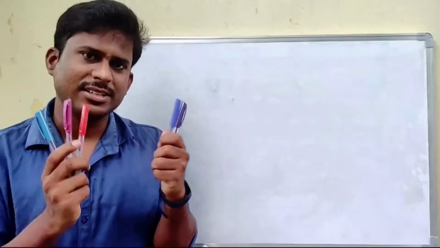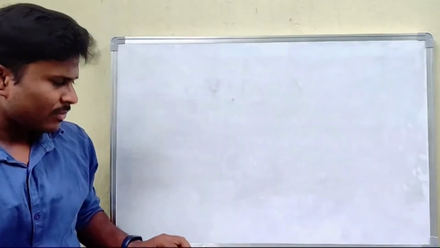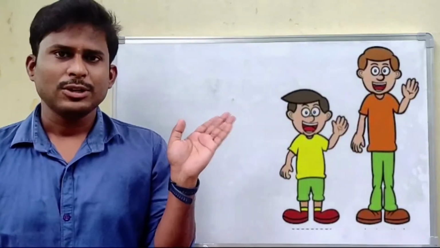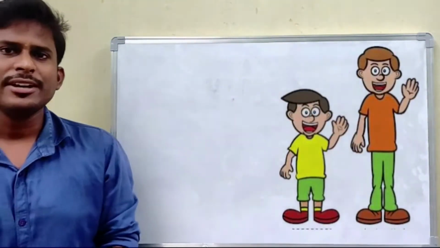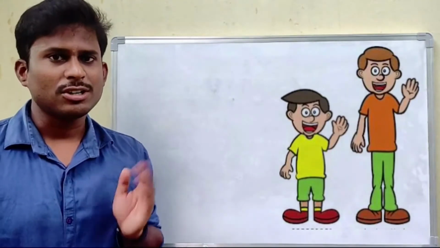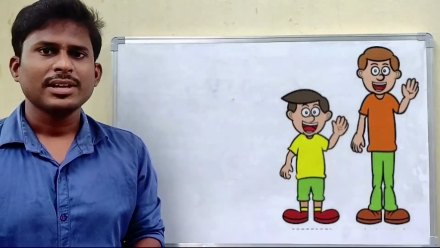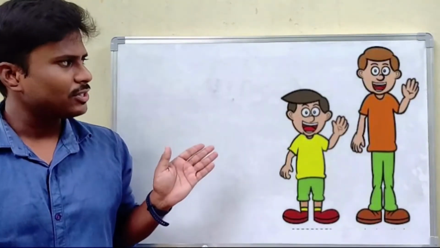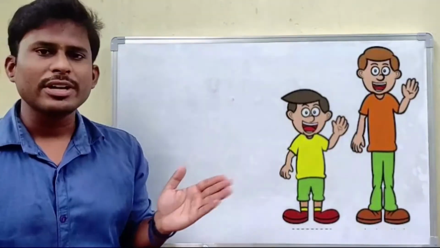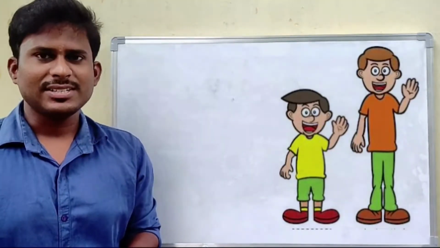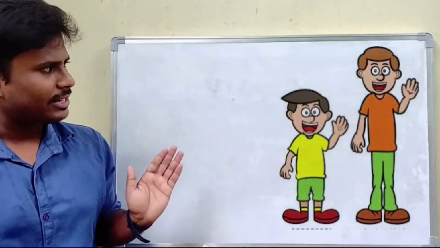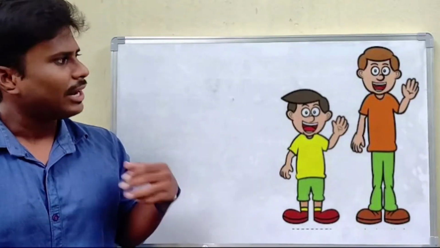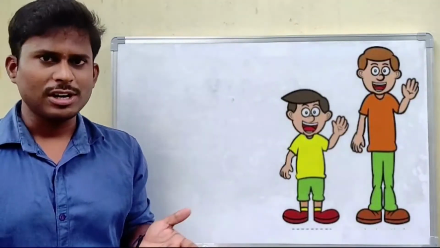Okay, I am keeping this aside. Remember this. Now look here. 2 boys are there. Now who is shorter and who is taller? On the left side this boy is shorter. On the right side that boy is shorter. Yes. Left side, this side boy is shorter, and that side boy is taller.